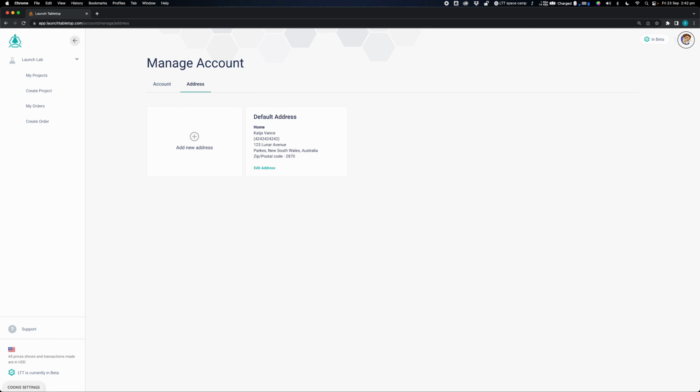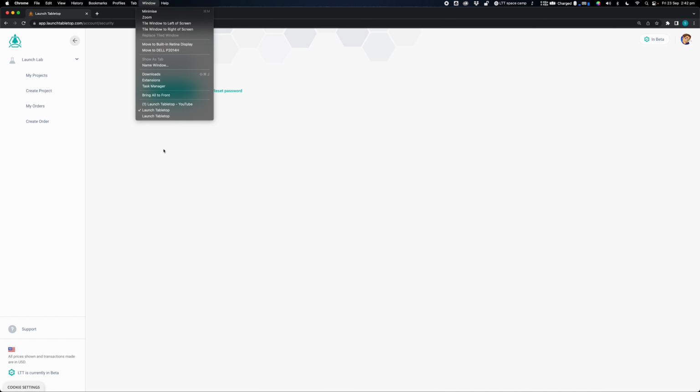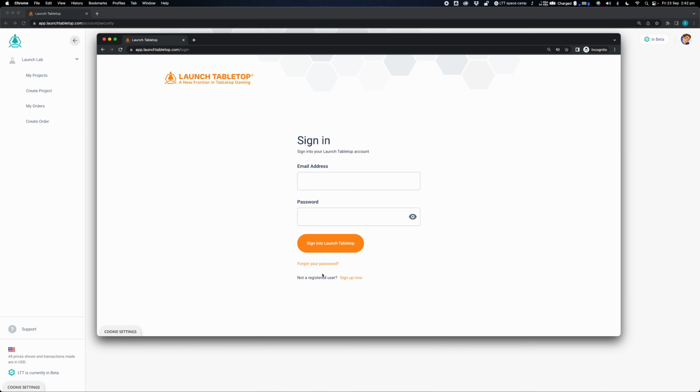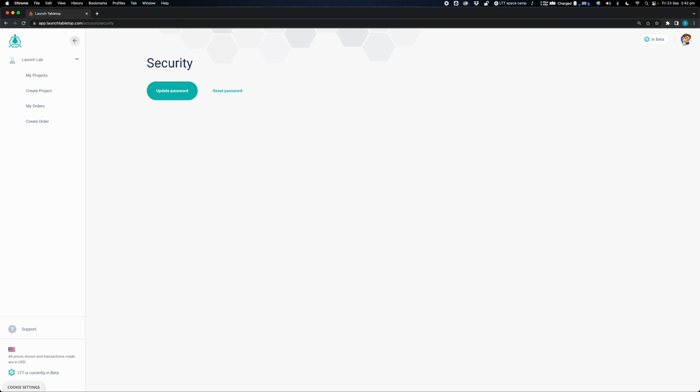So if we go back up to the top right hand corner and we go down to security, this is just where you can change your password. So if for some reason you want to reset the password, you can press that, or if you want to update it, you can press the other button. There is also a forgot password option when you're logging in, if you have forgotten it at that point. So you can also click that and follow that process to create probably a new password. All right,